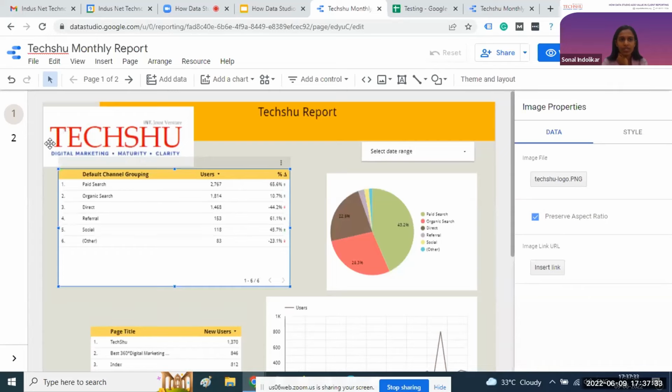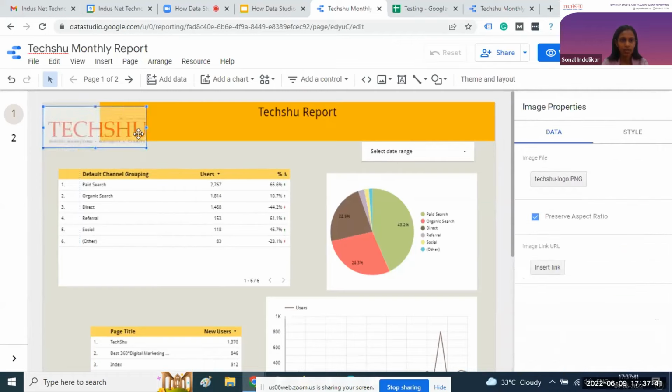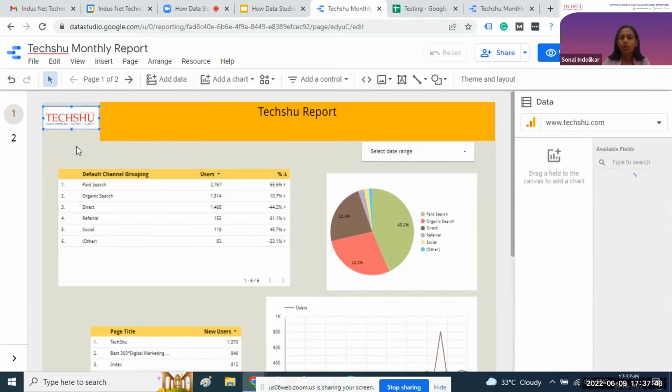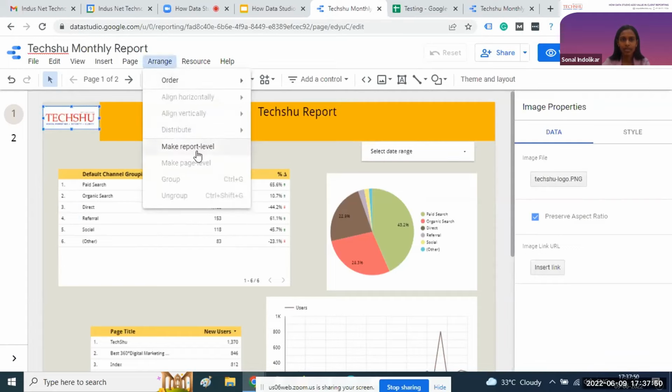We can change the size of this image as well. So likewise, we can apply the logo on the entire Data Studio report. We will make it a report level change.